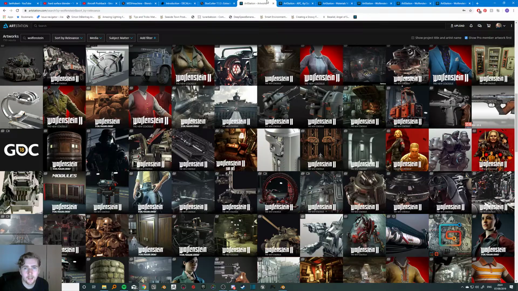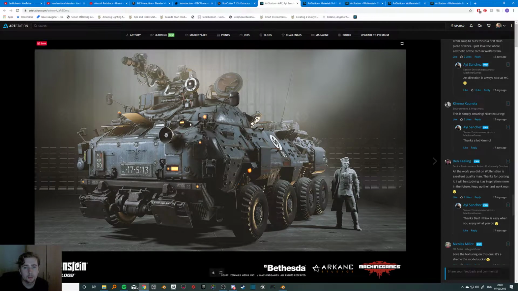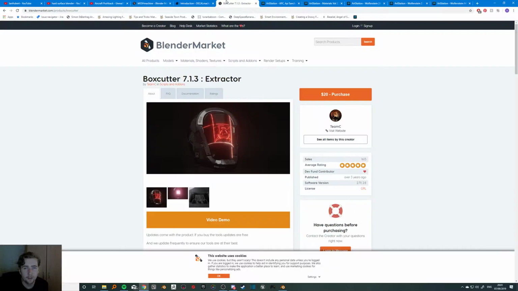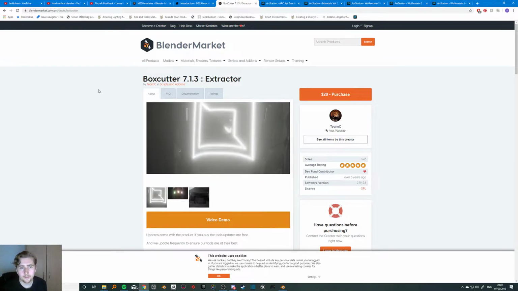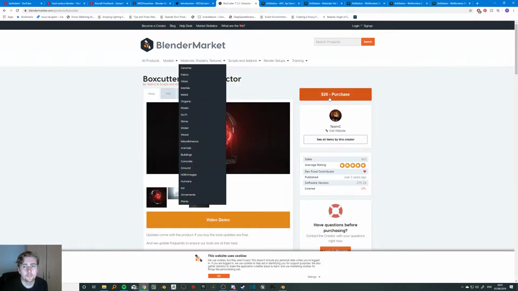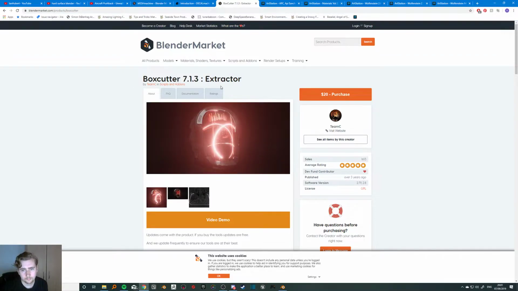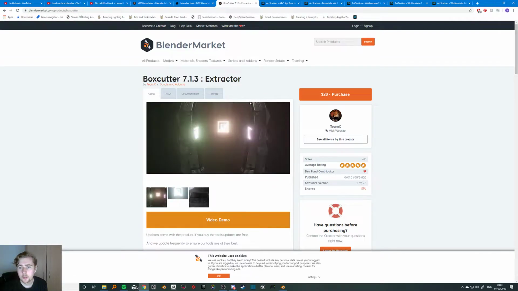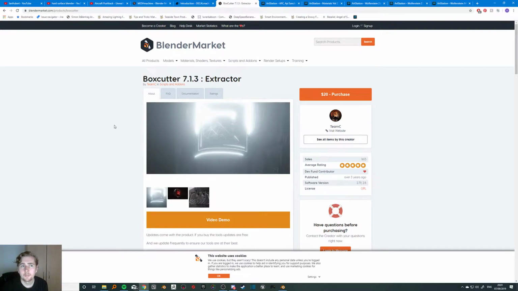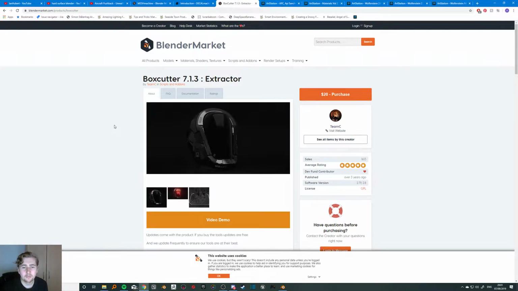Some of the stuff that is going to help you achieve and create things a lot quicker in terms of high poly, in terms of non-destructive ways and workflows. There's Master Xeons, or Team C, or Jerry Perkins. It's his box cutter, which he's constantly updating. I was talking to him years ago when he was just doing it for fun,